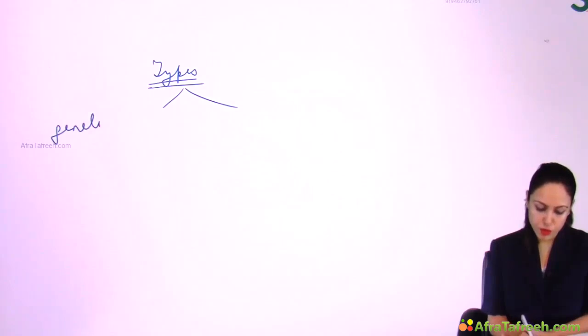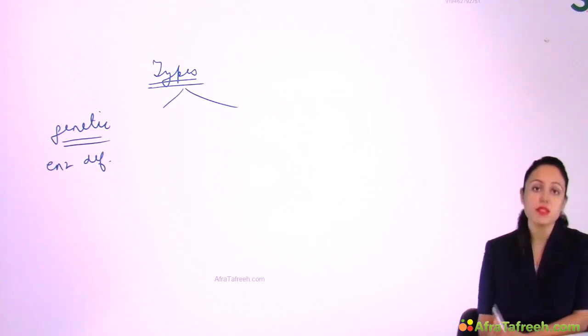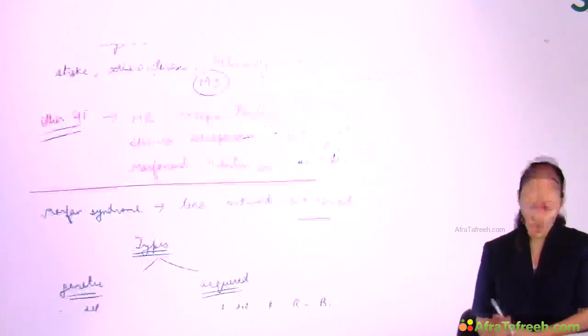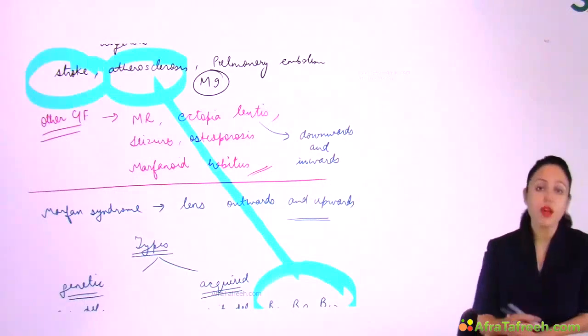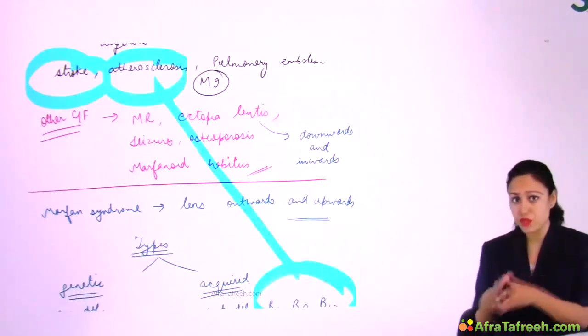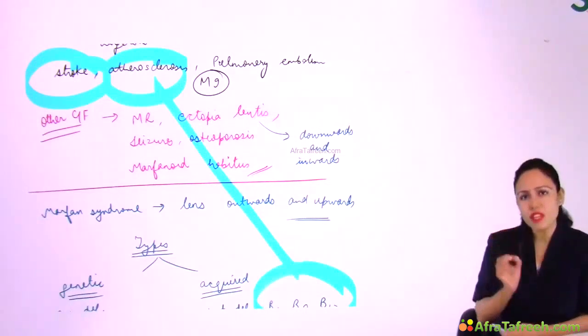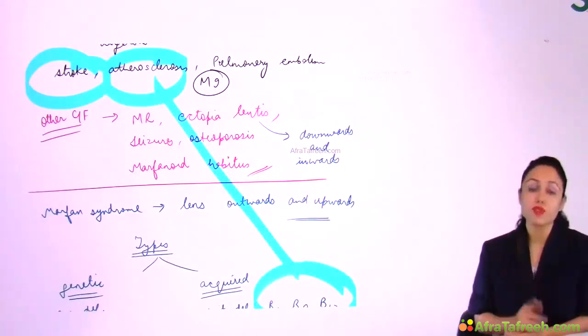I will divide it into two categories: genetic, which is because of some enzyme deficiency, and on the other side, acquired, which can be because of vitamin deficiency. You know which vitamins? Vitamin B6, B9 and B12 deficiency. Can you relate here that vitamin deficiency is leading to atherosclerosis and stroke kind of things? Vitamin deficiency is leading to this. So one clinical point here: whenever you see a young patient with MI or stroke, always get his homocysteine